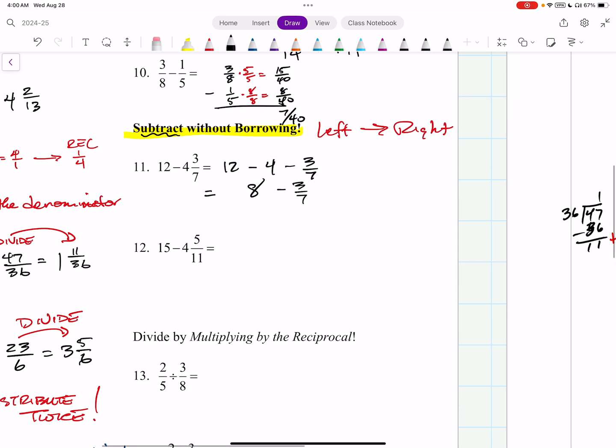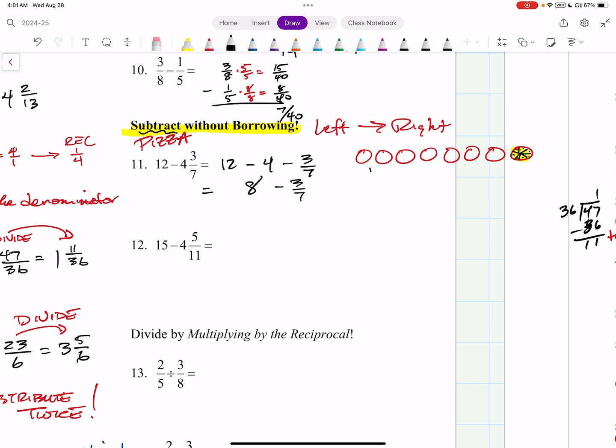So I want you to think pizza for a moment. Okay, so I'm going to use this as an analogy. So I'm going to draw 8 pieces. 1, 2, 3, 4, 5, 6, 7, 8. From one of the pieces, okay, let's pick the last one. I'm going to divide it into 7 slices. 1, 2, 3, 4, 5, 6, 7. 7 slices. Okay, subtraction means you take 3 out of 7, and see how much remaining